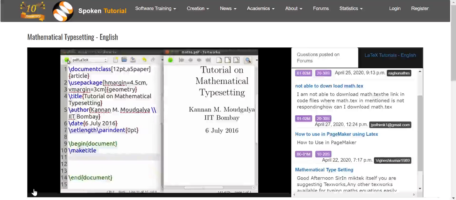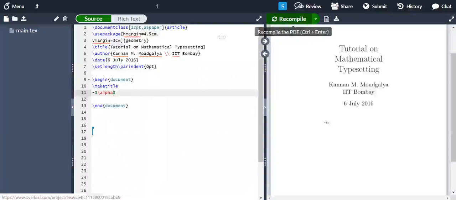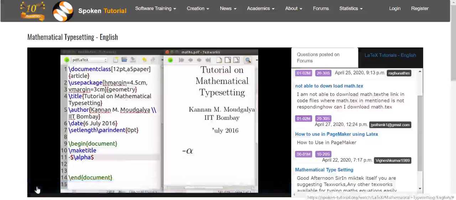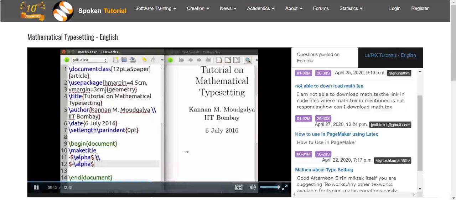Let us now discuss a rule for creating minus signs. Suppose that we want to create minus alpha and compile. Notice that the minus sign appears as a small dash here. Let us also copy it with the minus sign inside the dollar sign.